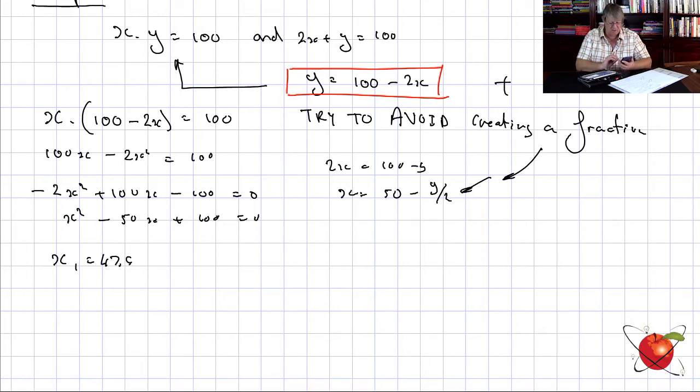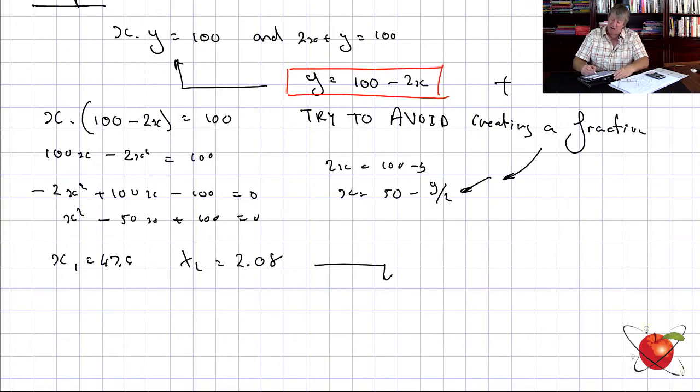Not nice values. And the next one is going to be 2.08. Okay, but illustrative, what have I got? I've got two x values. So I have to substitute to get two y values, correct? If I substitute in here, let's see, what do we get? Therefore, I can say x times y equals 100, so